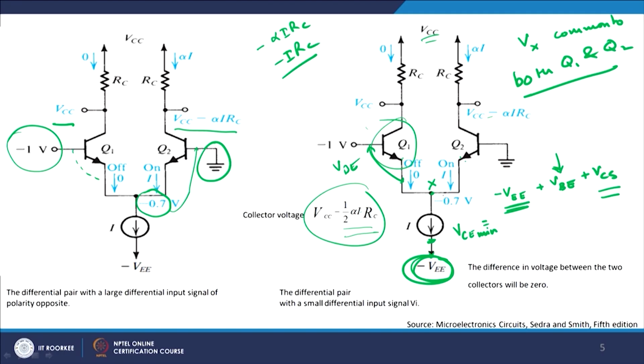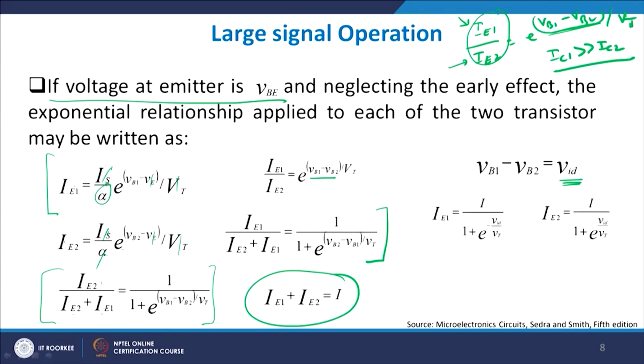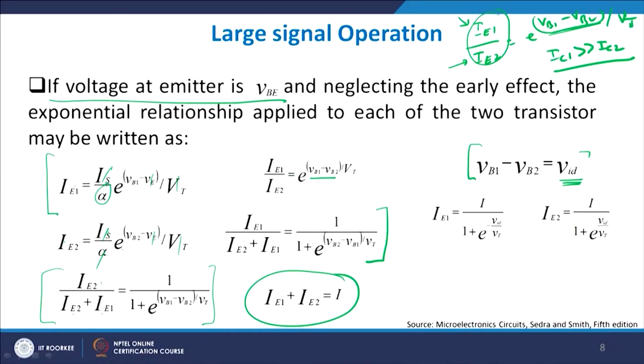Therefore, since this is common to both, I just need to find out the difference between this voltage and this voltage, that is all. That is the reason I am referring to this as VB1 minus VB2, right. I am forgetting the common node, because it unnecessarily complicates the matters, and therefore, I refer to VB1 minus VB2 as VID. Therefore, I can write down IE1 to be equal to